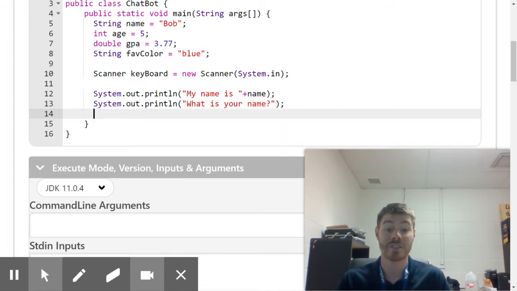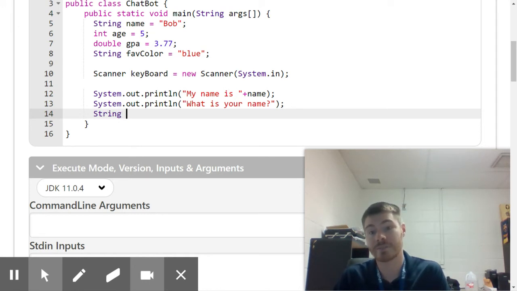And then I'm going to actually collect what the user types in. That information is their name, so it's going to be a string. So I'm going to make a new variable that is of data type String. I'm going to call this userName. Notice the capital N, lowercase u,